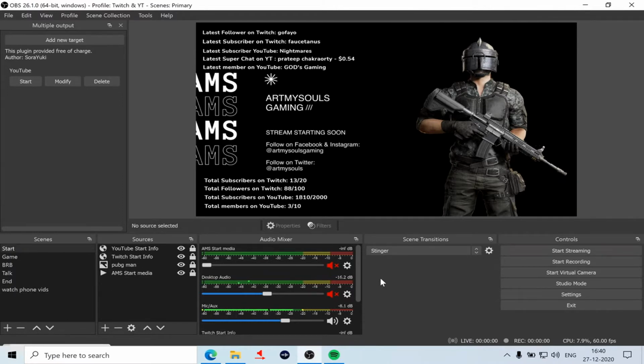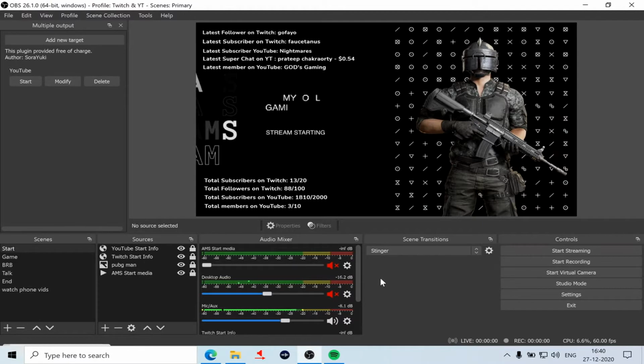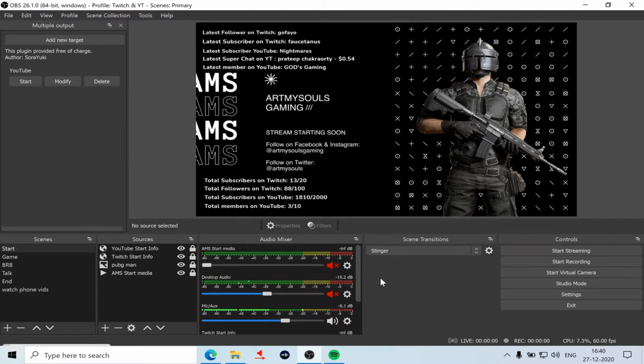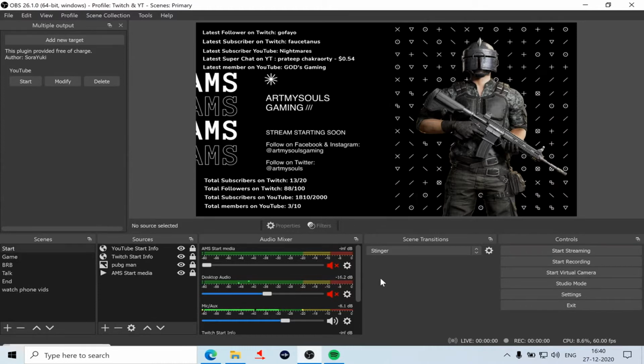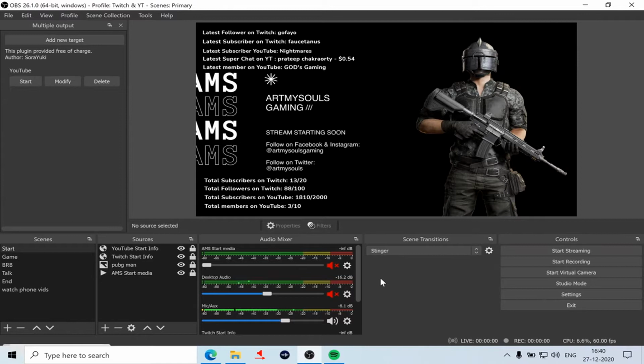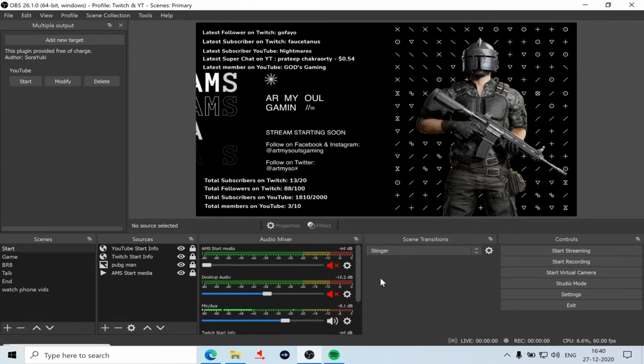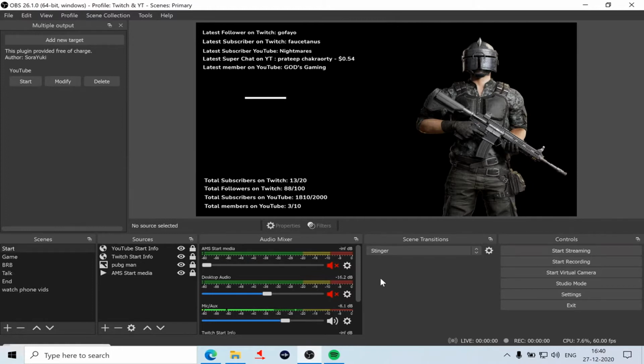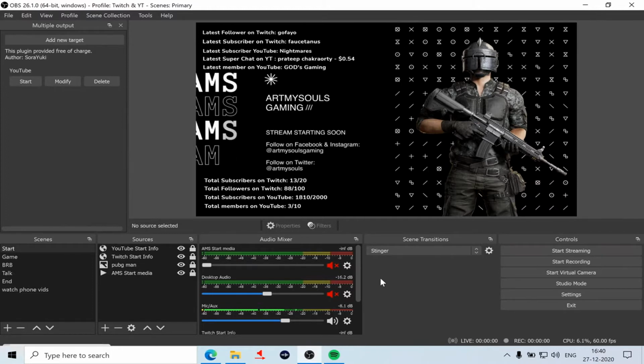If I wanted to do the same on a Mac, for example the MacBook Pro that I have, I would have to download a separate plugin called Soundflower. That makes it somewhat complicated because it does not work most of the time for me. I've tried multiple ways to do it, but sometimes it stops working midway. So I didn't want to take that risk because I want a smooth stream. I don't want any issues happening throughout the stream. That's the reason I prefer this Windows version.